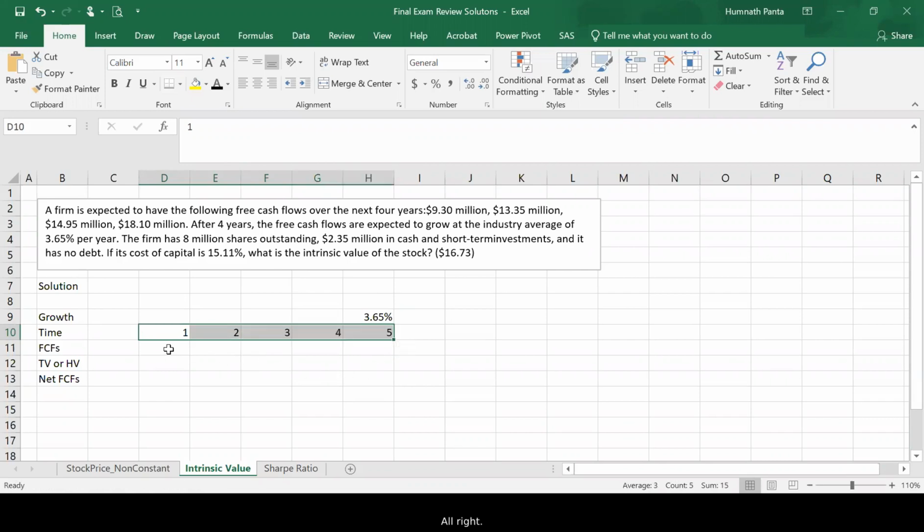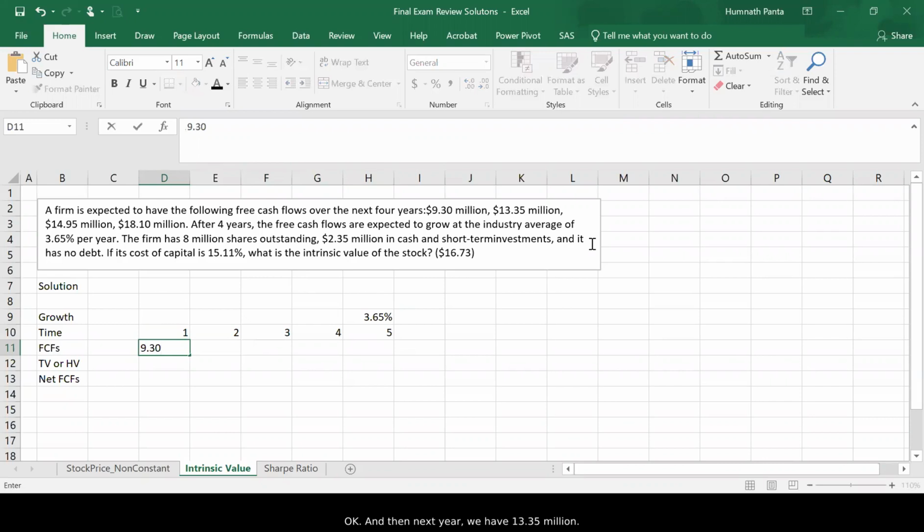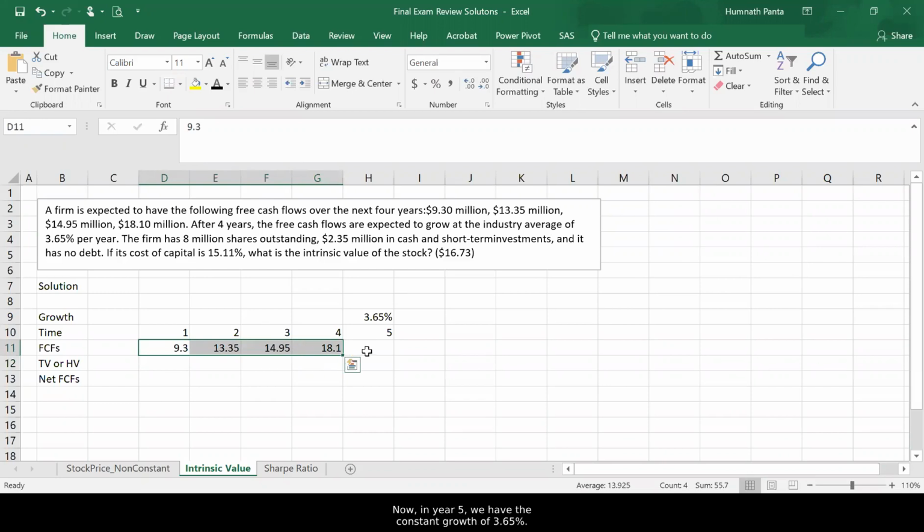Now I have free cash flow for year 1, which is 9.30 million. Next year we have 13.35 million, and in year 3 we have 14.95 million. In year 4 we have 18.1 million. So I summarize the problem here. Now in year 5 we have the constant growth of